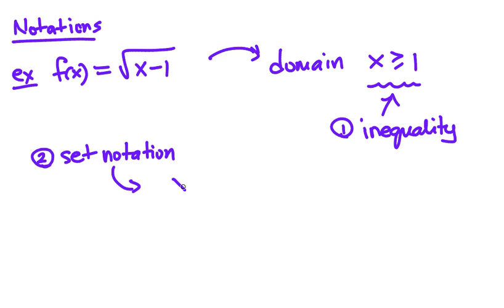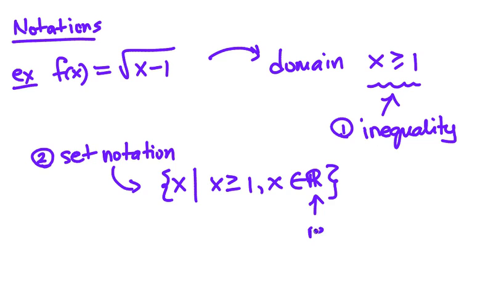And set notation is x in these special brackets. x is defined by x is greater than or equal to 1, and x is a real number. So that symbol there is the real numbers,